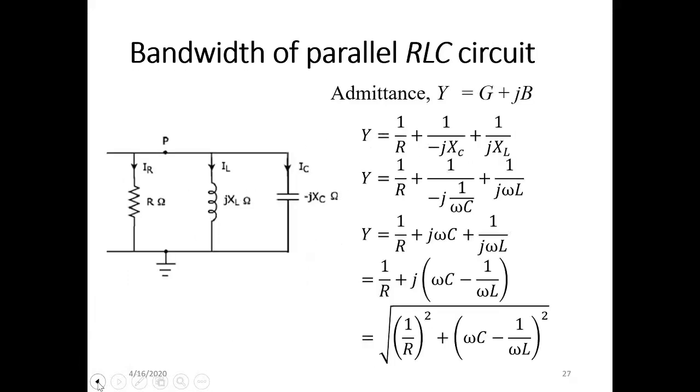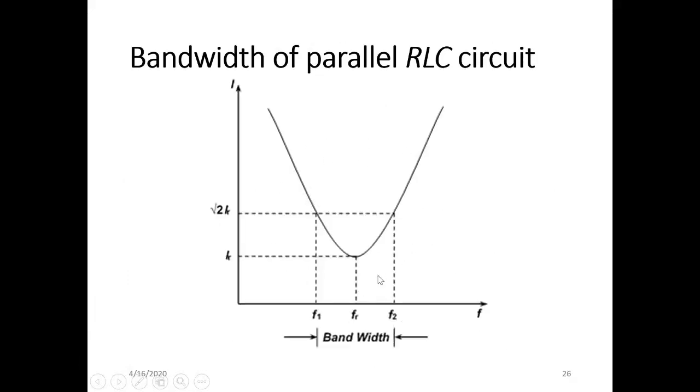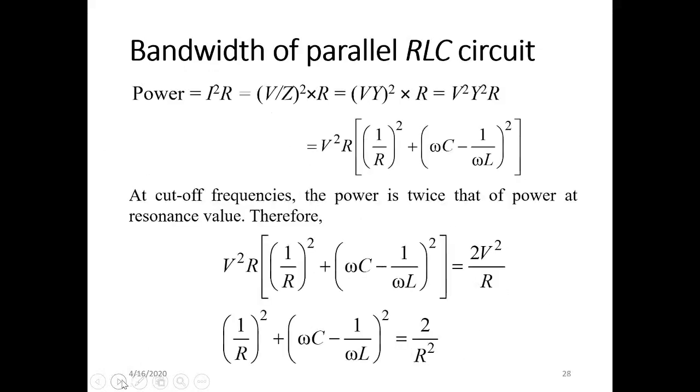Right. Now come to the resonant curve. Now this is the resonant curve. Look, the current is minimum at fR. Now at this cutoff frequency, the current is root 2 times IR. So here the power is minimum, right? So at the resonant frequency, power is minimum. At the half power frequency, power is twice. So here how much power is available? That is multiplied with 2. Okay. Now this is what I have taken here. So at cutoff frequency, the power is twice that of the power at resonant frequency.